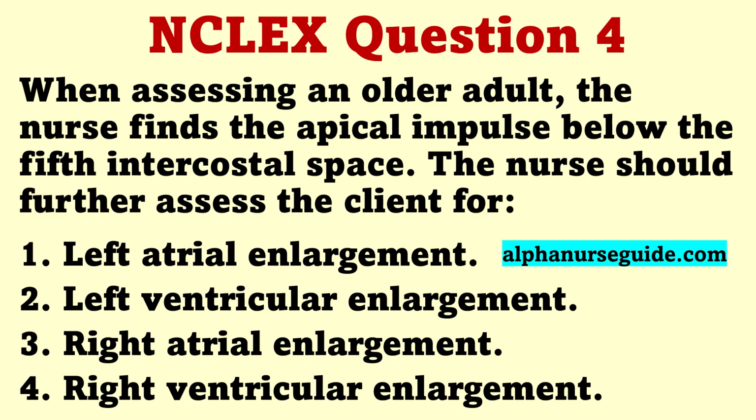The correct answer is 2. A normal apical impulse is found over the apex of the heart and is typically located and auscultated in the left 5th intercostal space in the midclavicular line. An apical impulse located or auscultated below the 5th intercostal space or lateral to the midclavicular line may indicate left